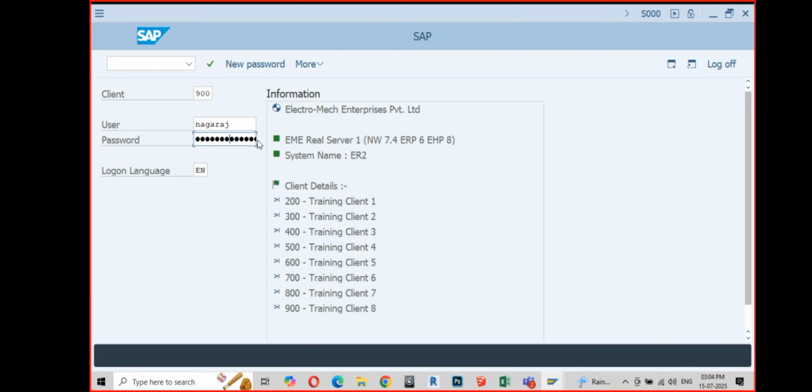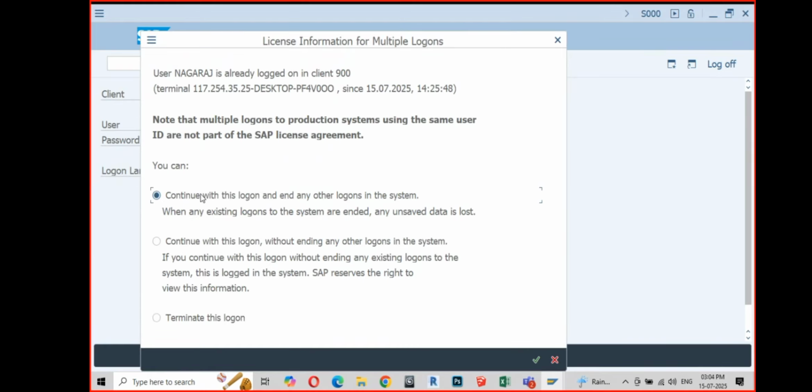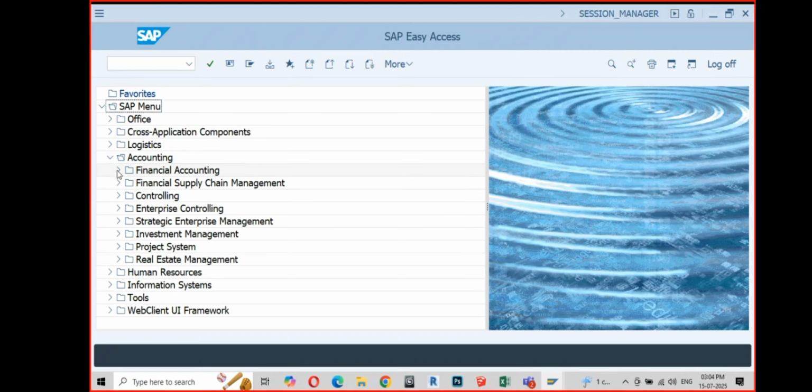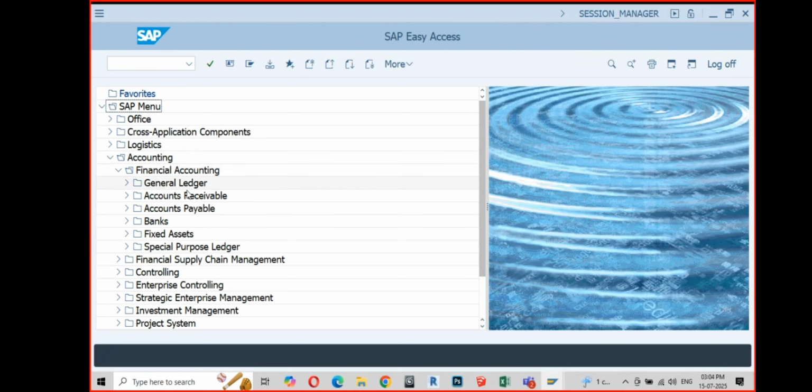Now, what were we trying to understand? Do we enter all kinds of transactions in this place? Do we enter all the documents here itself? The answer is no. In financial accounting, for your GL-related entries and journal vouchers, you have the general ledger. For accounts receivable,